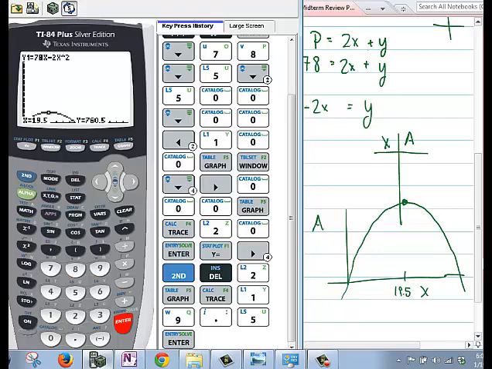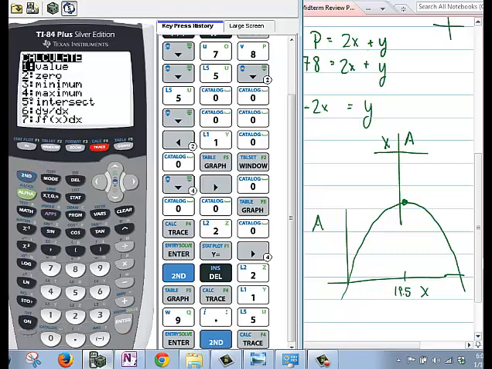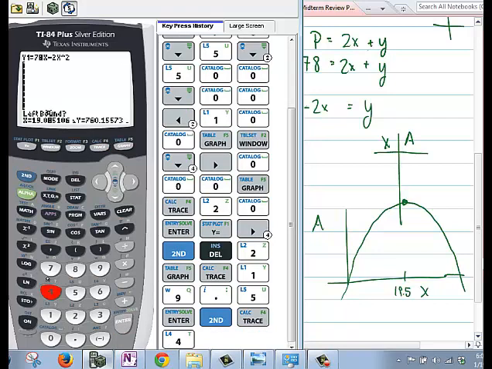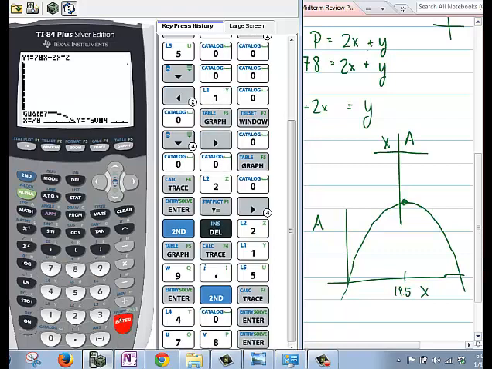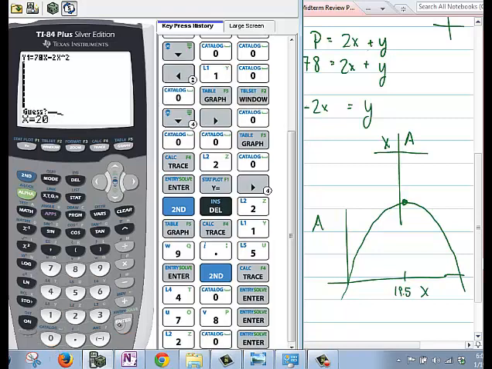Of course you can plug in values into the area function on a table, or you can graph it and use the calculate menu to calculate a maximum. It will ask what's your left bound? And I'll say, well, 0. What's my right bound? Well, let me say 78. What's my guess? I'm going to say, well, it's around 20, I guess. Let's see if it finds it. And there it is. It found it at like